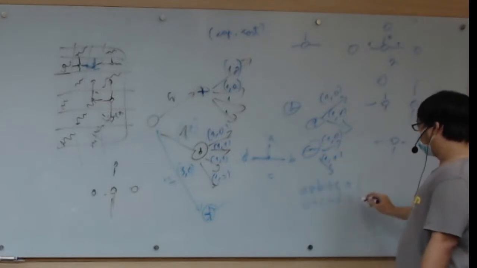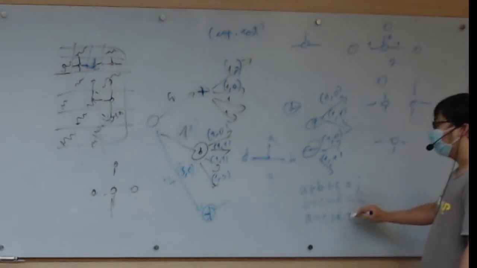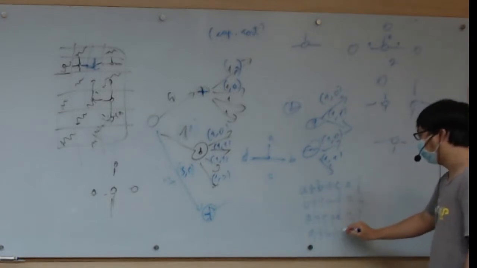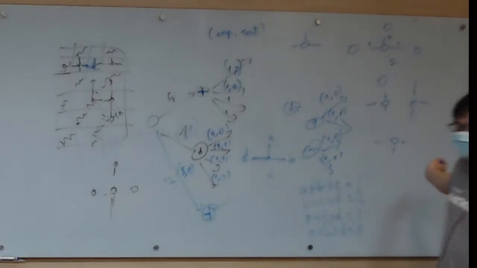Yeah, 1, correct. 2, and then A plus C plus D is 1, while A plus B plus D is 0. Right? And then you solve this equation, you get something that is something over thirdly. It's ugly. Yeah, so I think it's something like